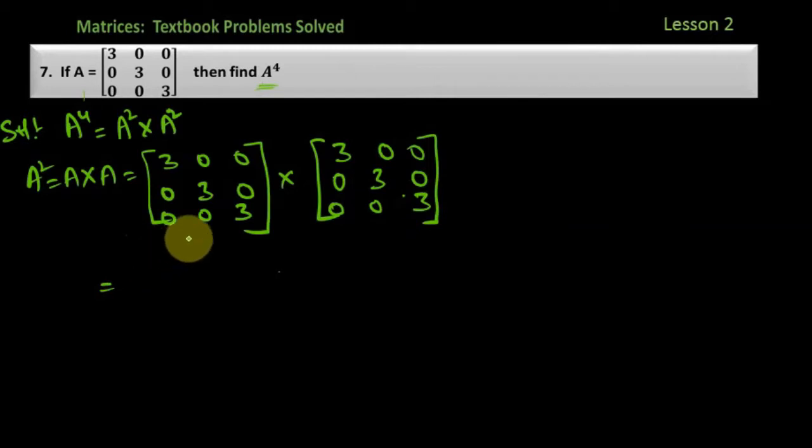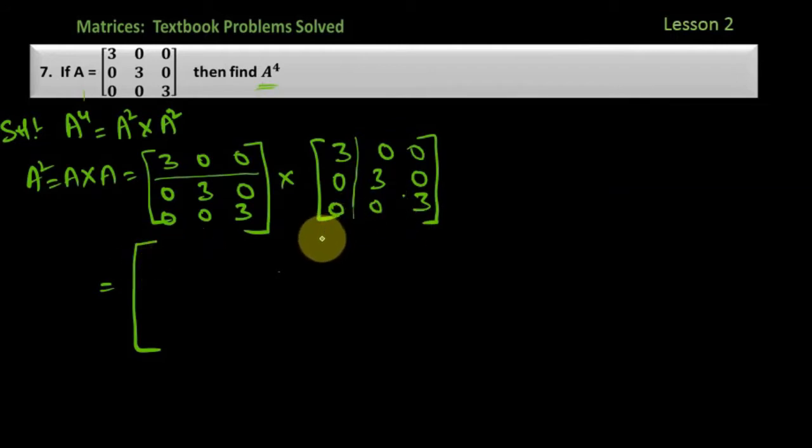So how to multiply this? I have already explained multiplication in my previous videos. If you have not watched those videos, please first go and watch them, then you can continue with this, right? Anyhow, I will be explaining it in this video also. First we should take the first row elements and multiply with the first column elements, then you will get the first element.